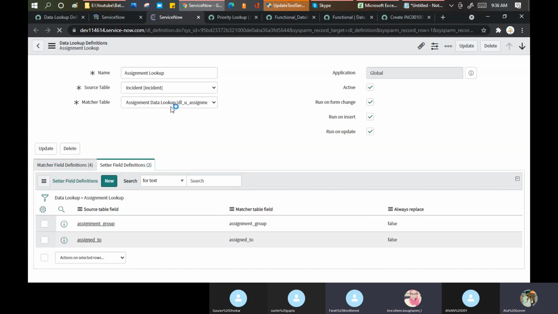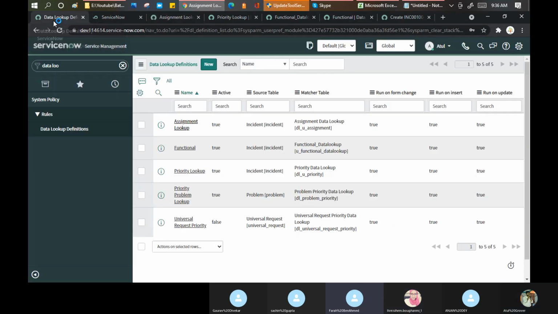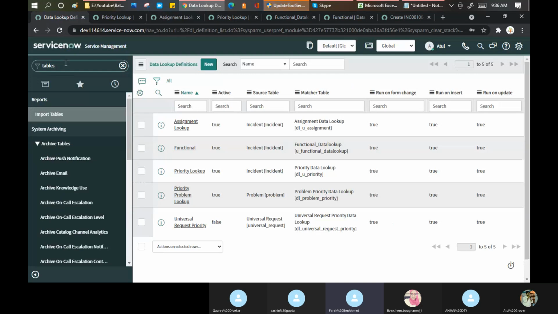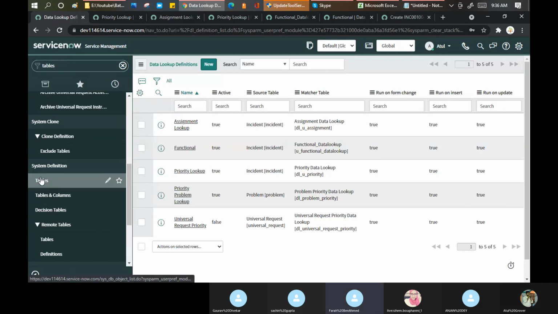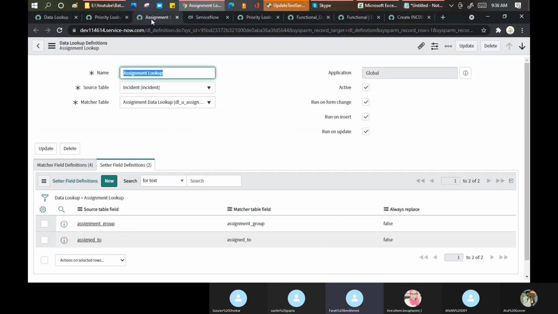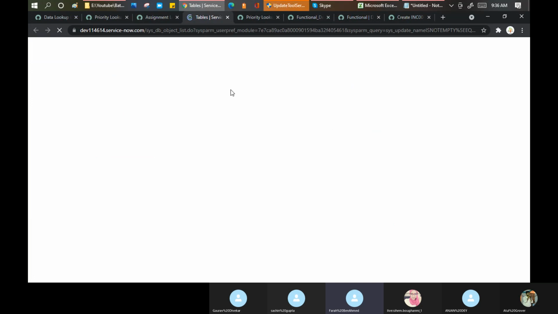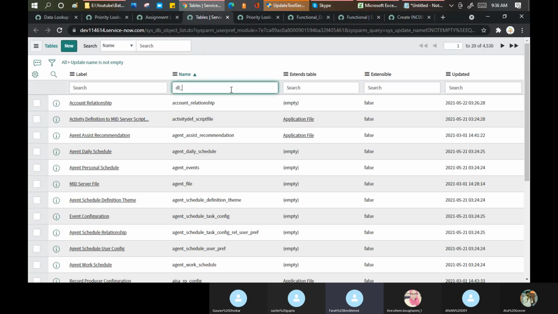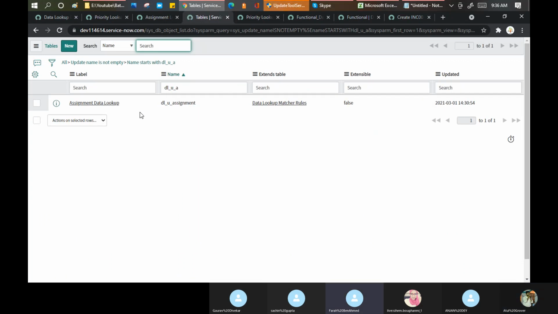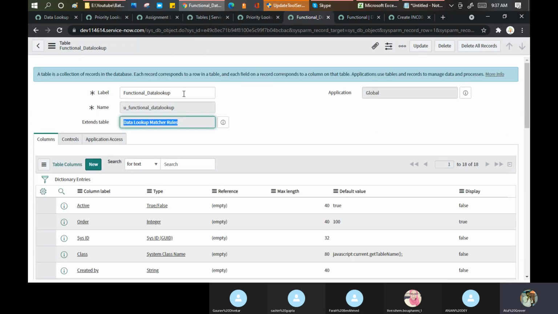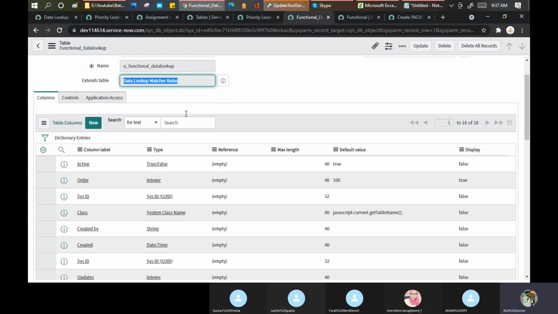Sachin, tell me. Definitions of the lookup. But as I can see, everything is done logically. Matcher rule. We have a matcher rule. That's fine. Lookup data.